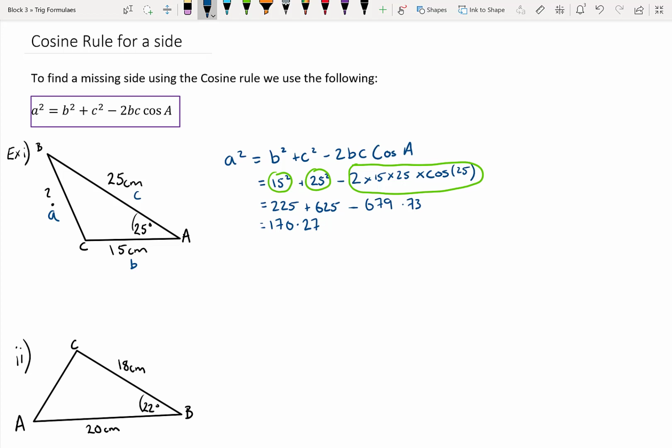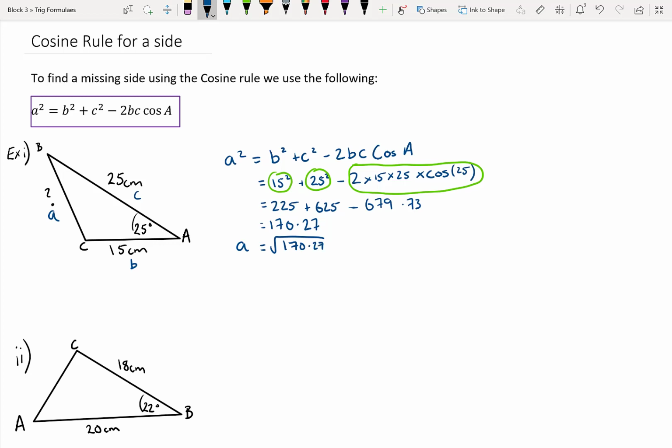Okay, but a good place to check would be, does that number make sense in my triangle? There's no way if that side's 50 and that's 25, the other one could be 170. And that is because the formula is telling me a squared. And so what I need to do is I need to find a. And so that is going to be the square root of